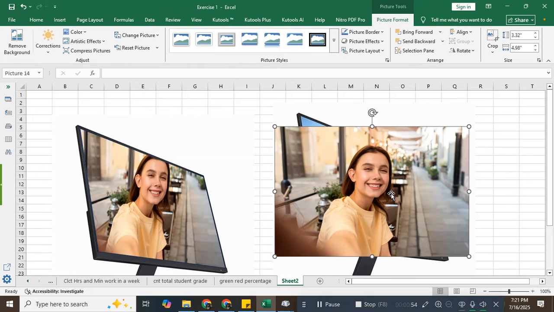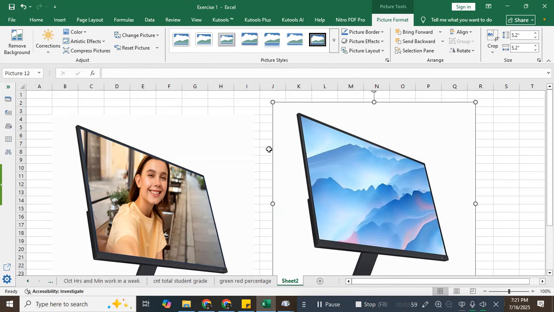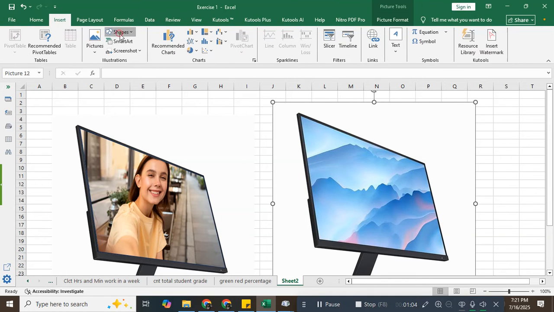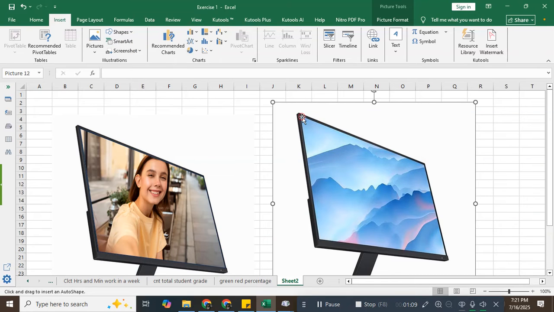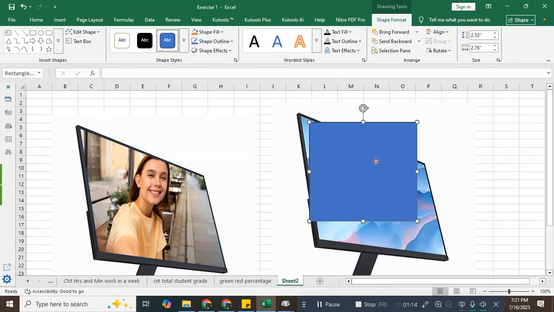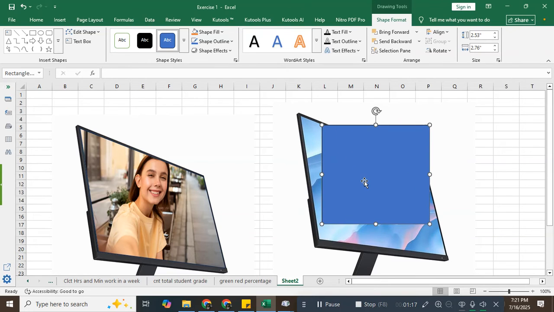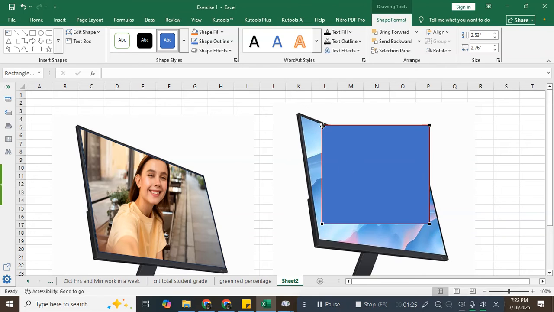So I will delete this picture first, then for the monitor, I will insert a shape here and I will choose the rectangle and just put it randomly, and then you can adjust the size, and after that you can right click and I will choose edit points. And this is like the free transform, if you are a user of Adobe Photoshop, you can